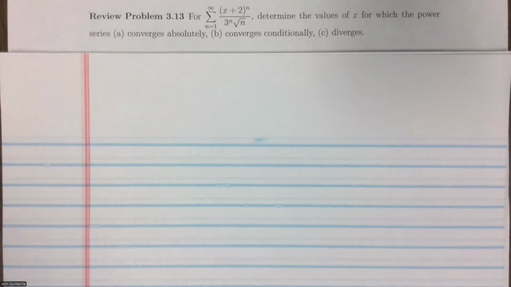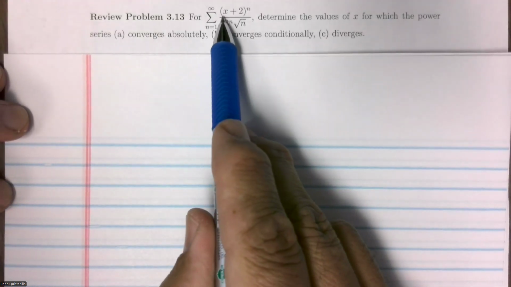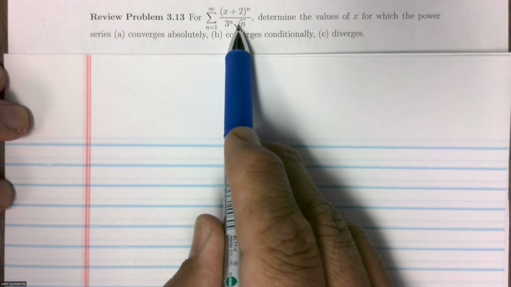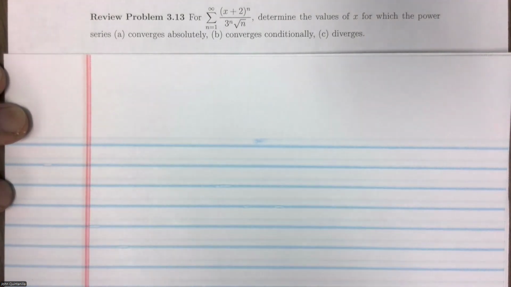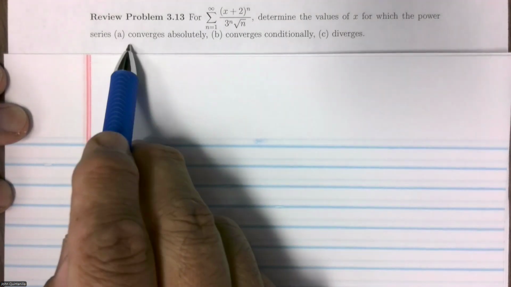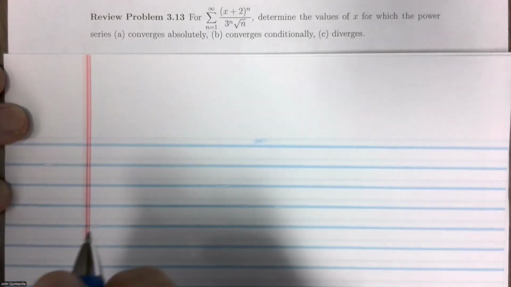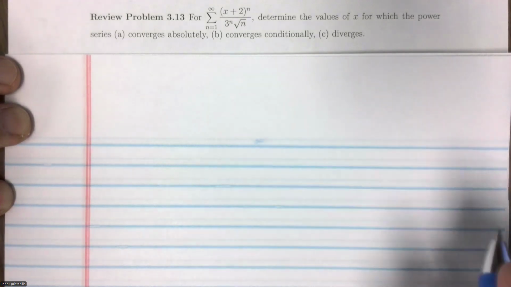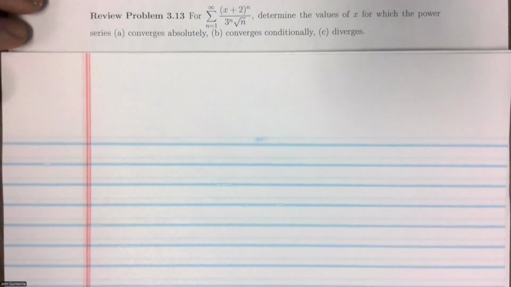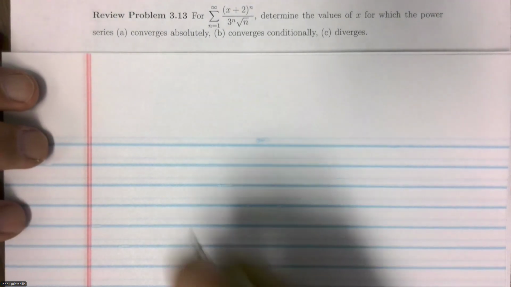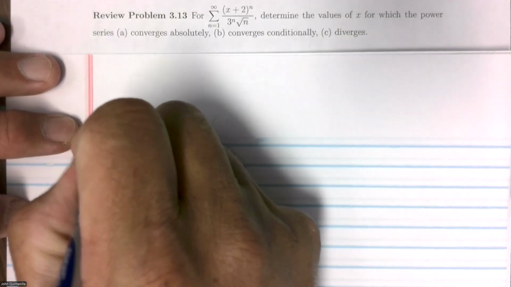For this problem, let's take a look at this power series. Summation n equals 1 to infinity, (x plus 2) to the n over 3 to the n times square root of n. And we're going to determine the values of x for which the power series either converges absolutely, converges conditionally, or diverges. There are two ways of going about doing this. The first way we're going to do this is with the root test. So method number one,